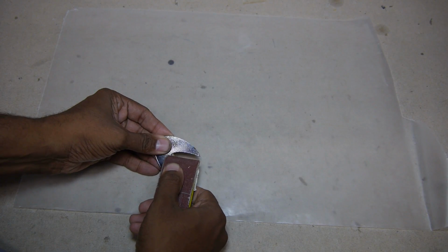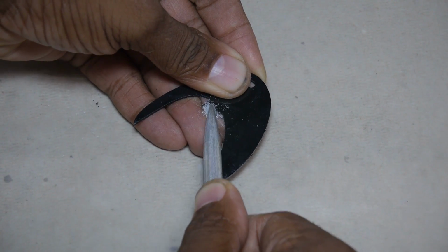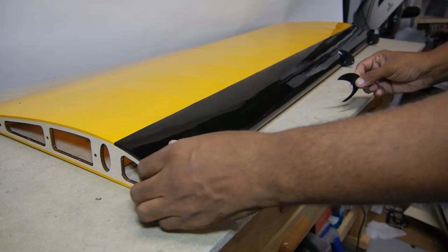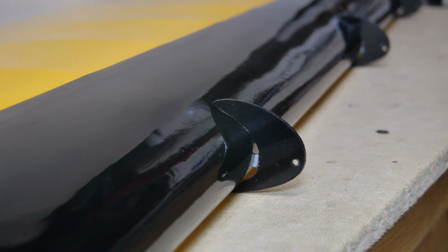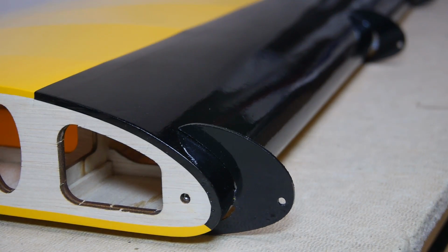And we start with the wing slat mounts, which need some of the paint removed from the fiberglass brackets before gluing into the wing. There are holes cut out of the leading edge for the brackets to slide into. Check carefully before gluing in, as I did find one of the brackets did not fit in alignment with the others,